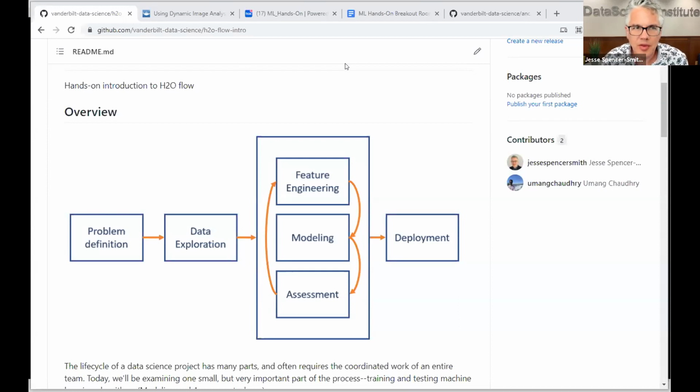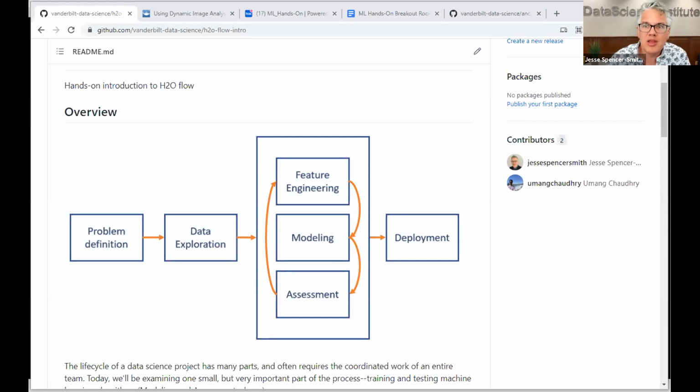Often people think that data science is mostly about machine learning. And when folks think about getting into data science, they think they're going to be spending all of their time doing exactly what we're going to be doing today. But the truth is that there are other aspects to data science which actually turn out to be even more important. So what we're going to be doing here is just concentrating on one small part of what is usually